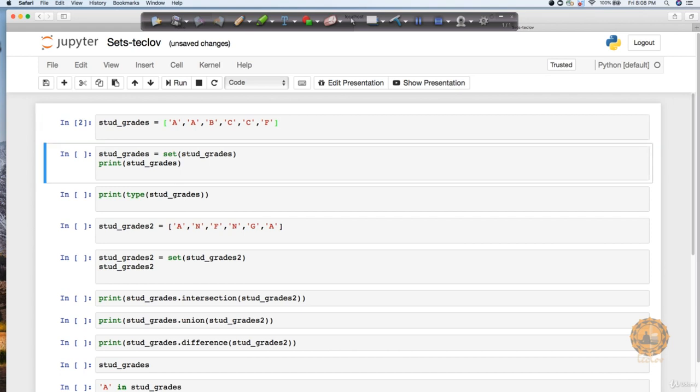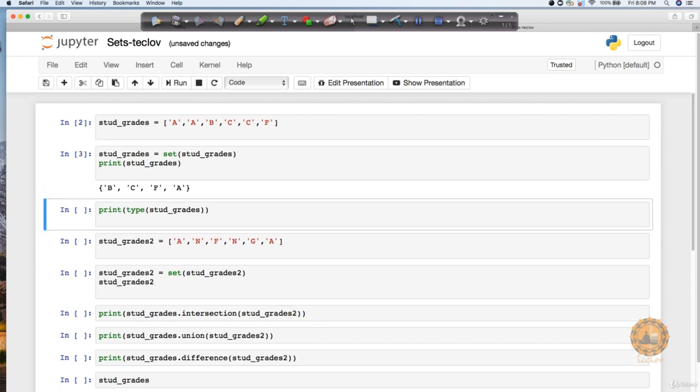So I created a list. Now after this, I can just say set of student grades and I'm printing it. If you notice what set is returning, it is going to return all the unique values. So all the duplicate elements, for example, in the original student underscore grade, I have A occurring twice, B or C occurring twice, and so on.